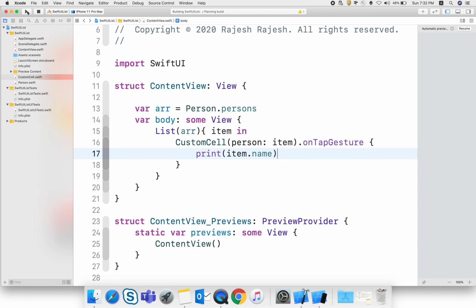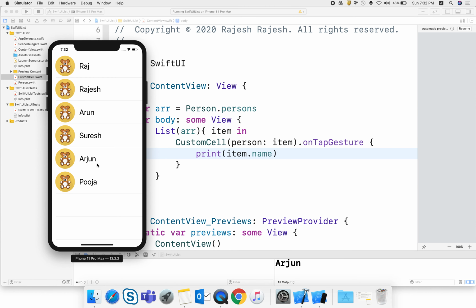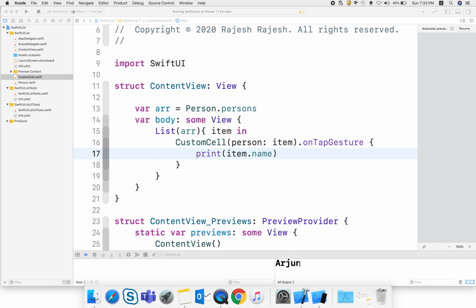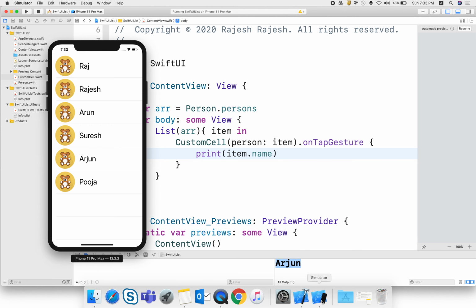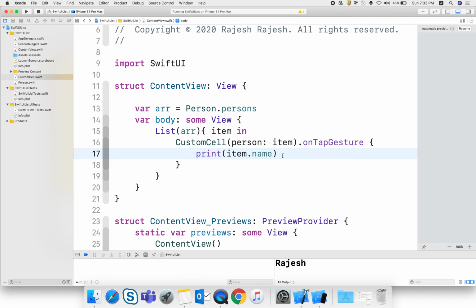Now I run it again. When I click on that, you can see the output, name Arjun. When I click on this, you can see Pooja. When I click on this, Rajesh.